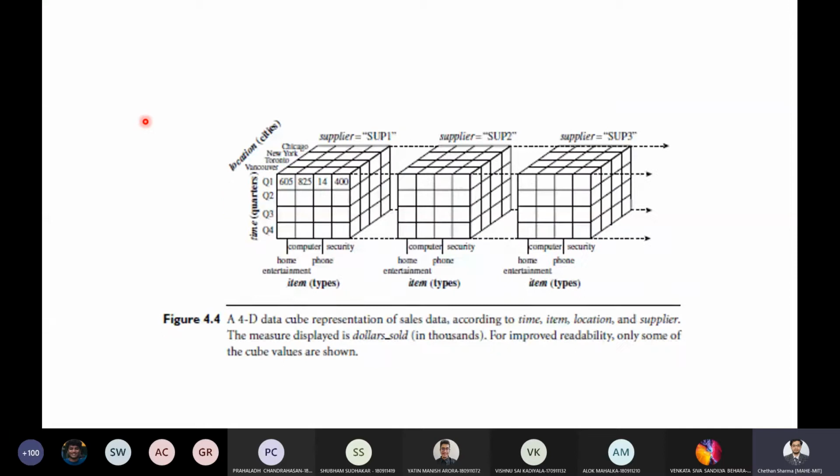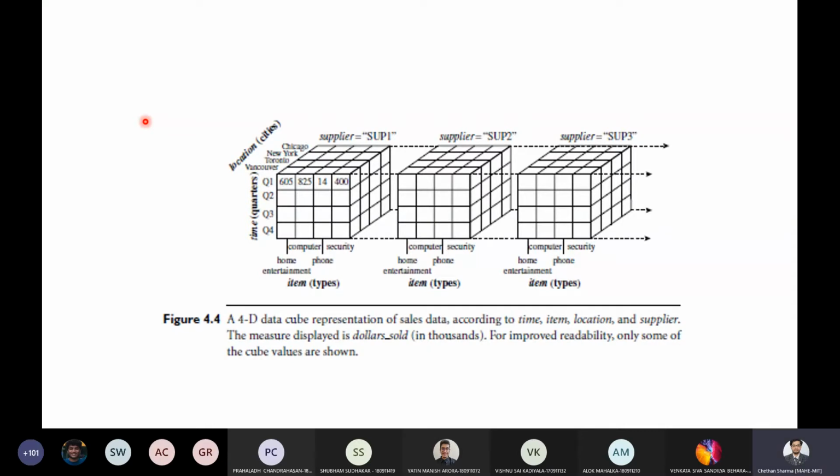So this is a 4D data cube representation of the sales data, the fourth dimension being supplier. But one thing you have to remember here is, if you want to display any n-dimensional data, this is for example 4-dimensional data, you can display it as a series of n-1 dimensional data.